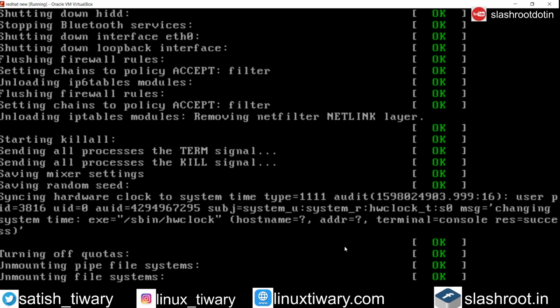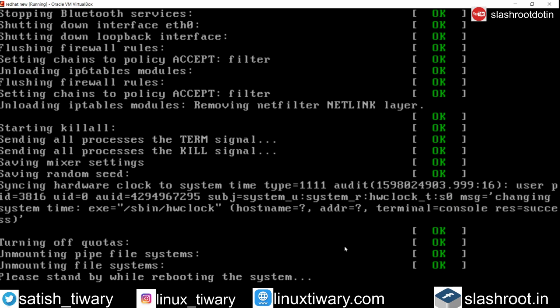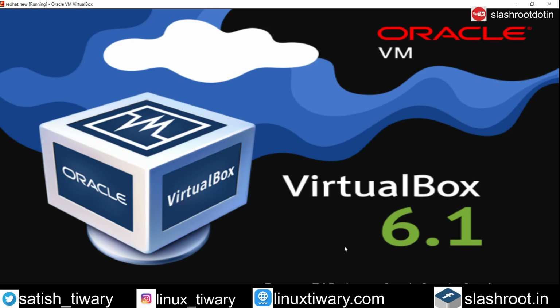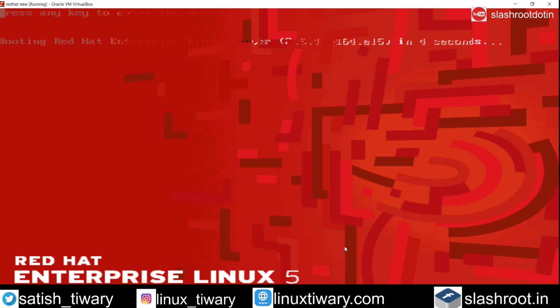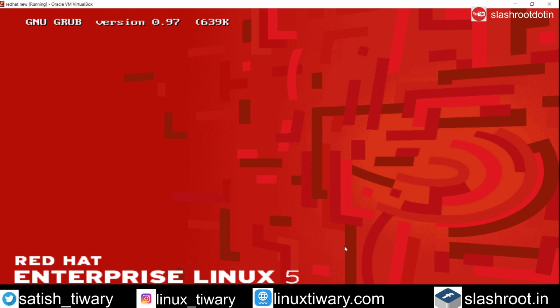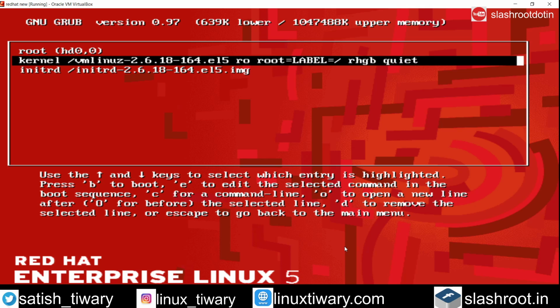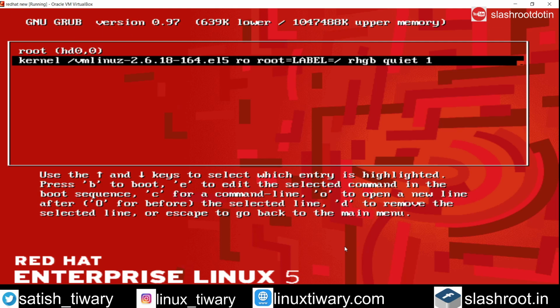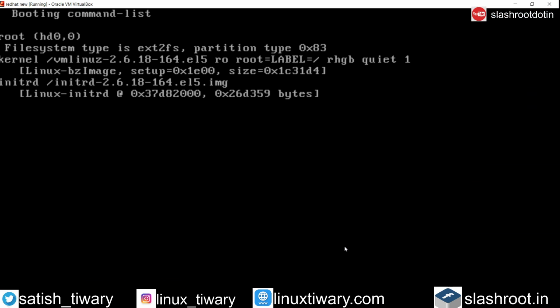Just keep an eye on the command line. Yes, the system is booting. Press E, go to the kernel line, press E again, then press space 1 for single user mode, press enter, then press B to boot.